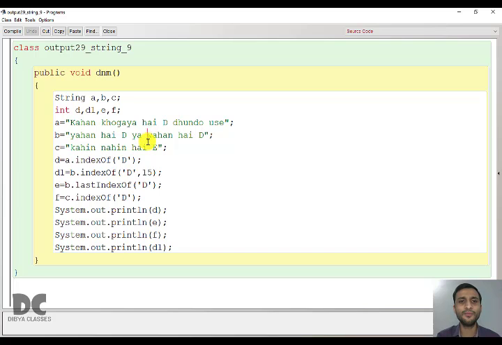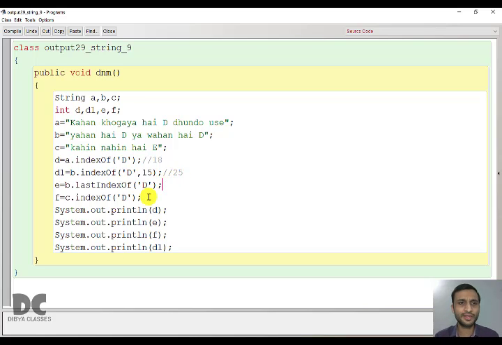We will start checking from W. Starting from W, which is 15, 16, 17, 18, 19, 20, 21, 22, 23, 24, 25. So your second answer will be 25. That is, for D1 it is 25, for D it is 18, and for D1 it is 25.